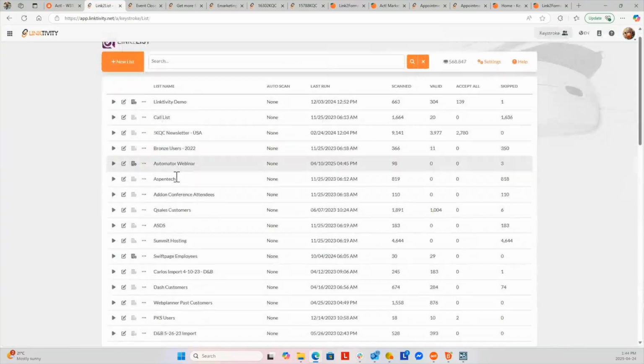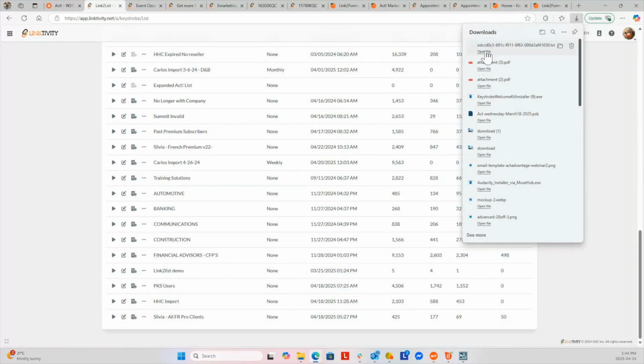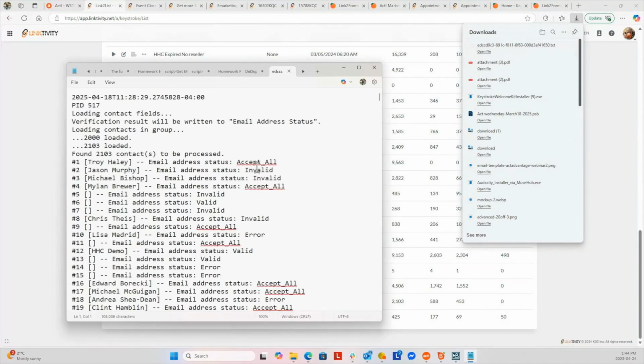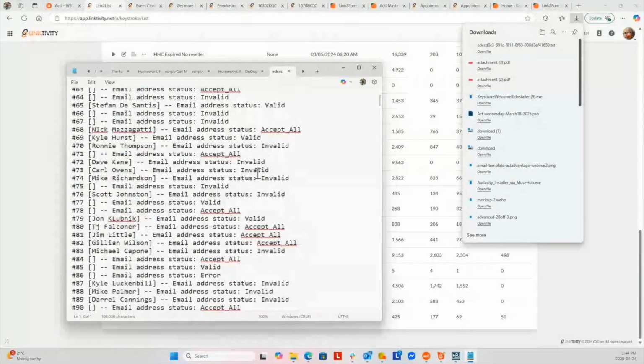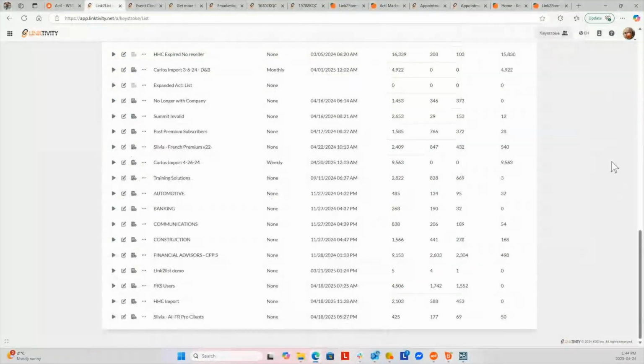What's going to happen is, if you click on here, you're going to get a list like this, okay? And it's going to scan every single one of them. Now, what does this do for you? Well, if you've got, say, 5,000 emails to send out, you can scan this list 2 to 3 contacts per second. So basically, easily within an hour or so, you can have your entire list scanned, updated,